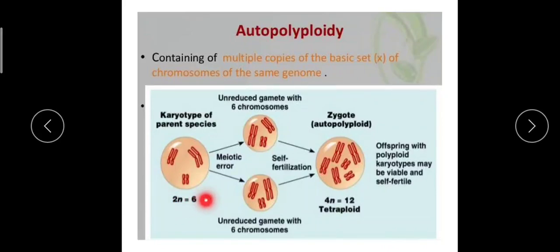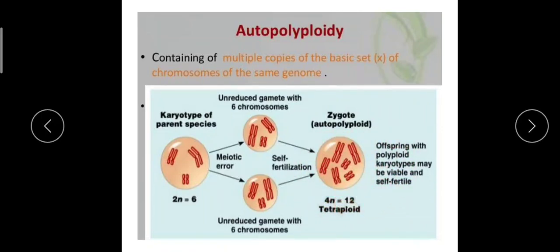Parent is having diploid chromosome number 6, but when these 2 unreduced gametes fuse and form a zygote, that zygote will be having a chromosome number 12. As you can count, 2 plus 2 plus 2 plus 2 plus 2 plus 2. Total is 4n condition, that is 12 chromosomes. This is a tetraploid cell, because this is having